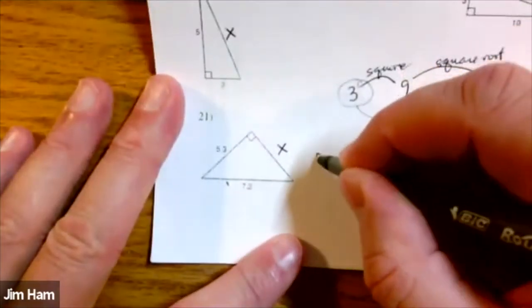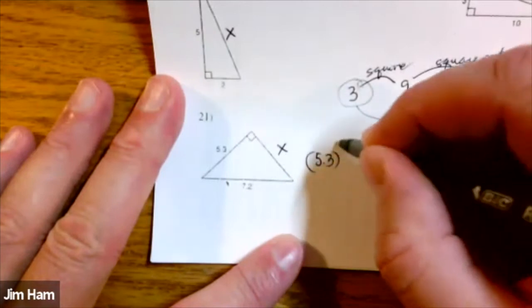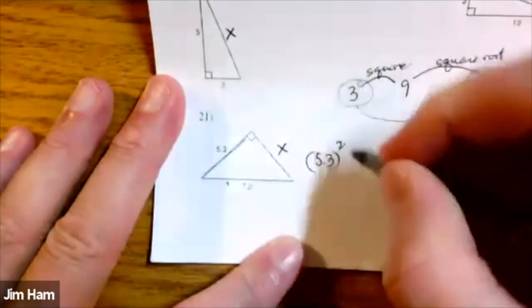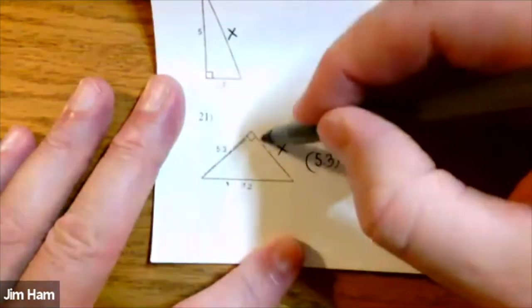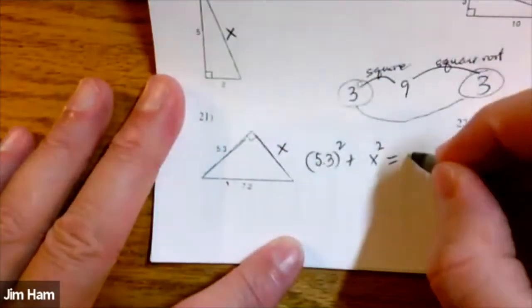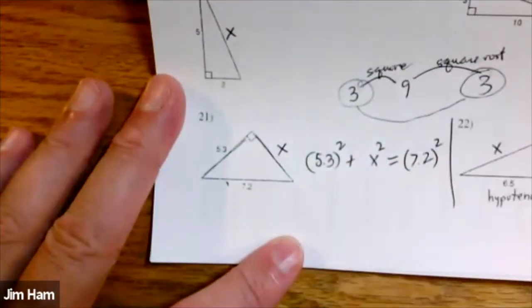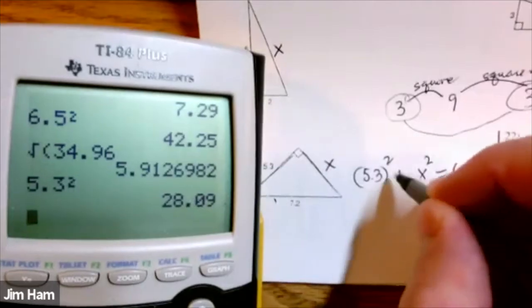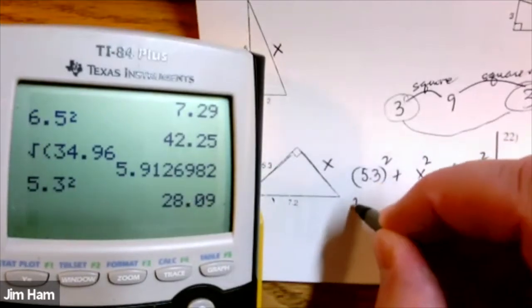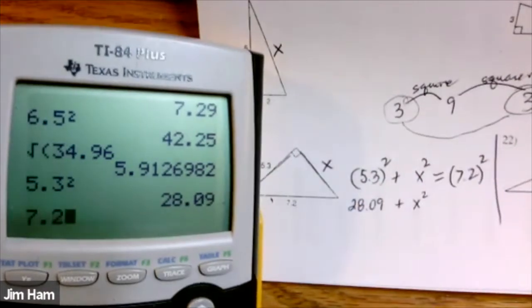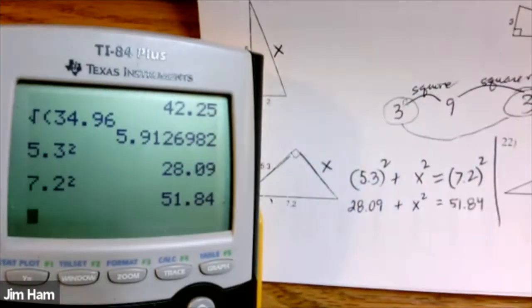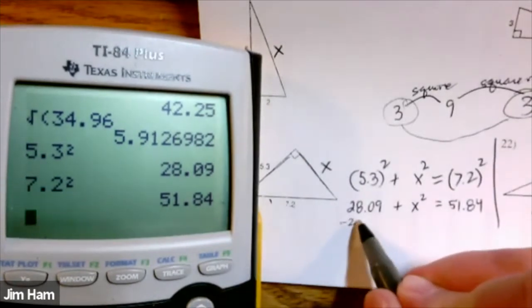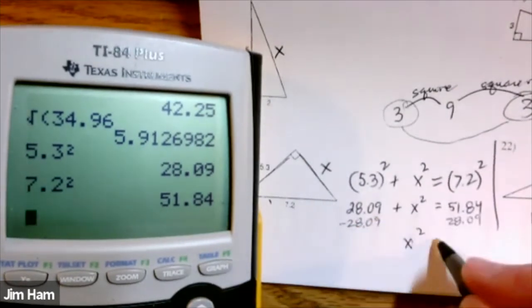Okay, so we have 5.3 squared, that's one leg, plus the other leg, which in this problem is the f, and that has to be equal to 7.2 squared. Errors that students make a lot are that they forget to square one of the numbers, for example. So 5.3 squared, calculator for that, and 7.2 squared, 51.84. Now, before you take the square root, you want to get the x squared by itself. So we're going to subtract 28.09, and that's going to give us